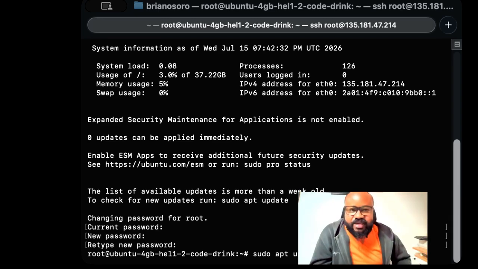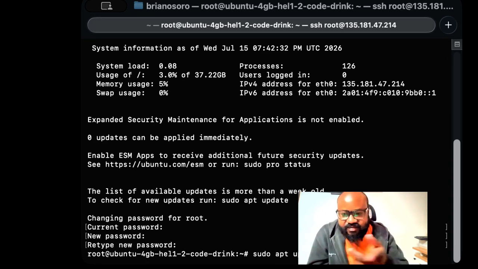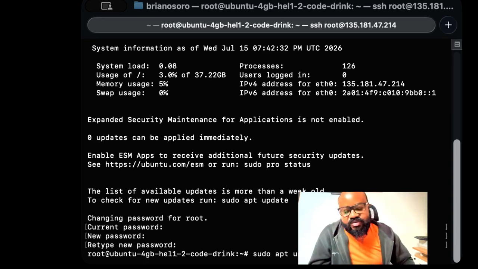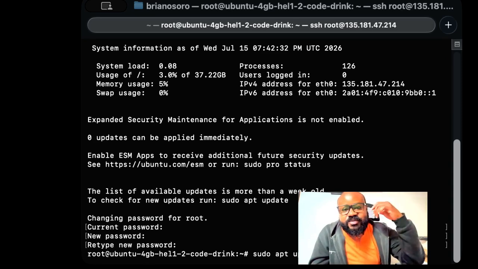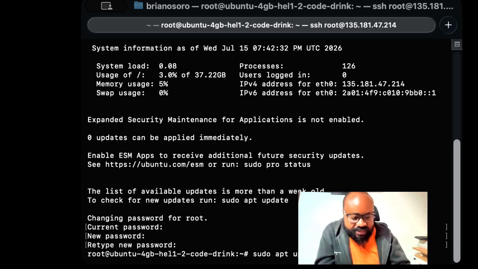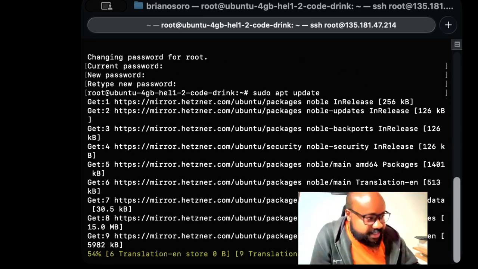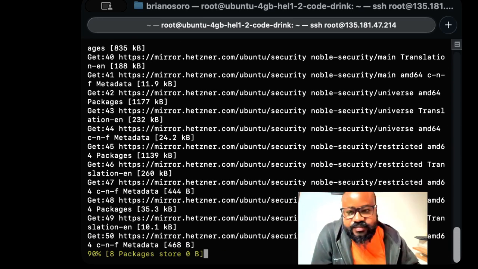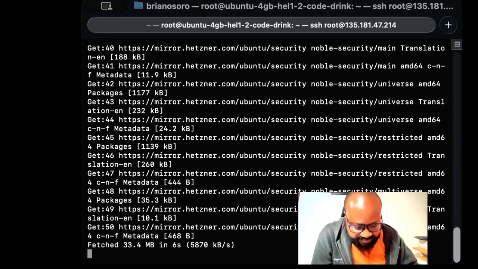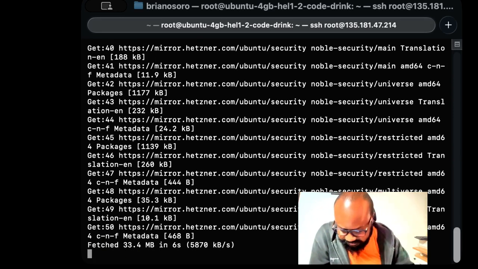Zingine zinatumia whatever. Some don't use apt, some use kitu inaitwanga snap. So yani this depends on what kind of repository you intend to use. So mi natumia apt sana. So nikisha update, it will take a very short time, depending on